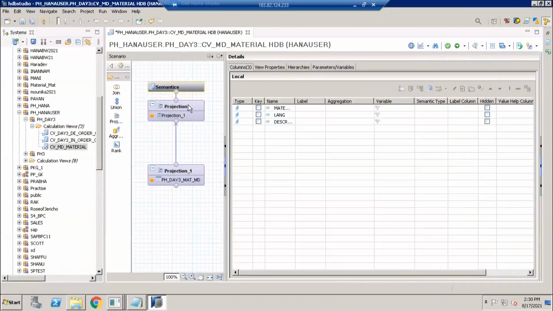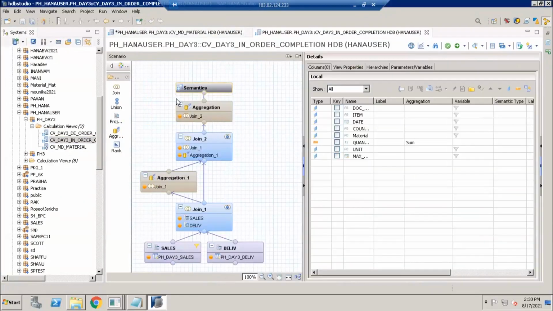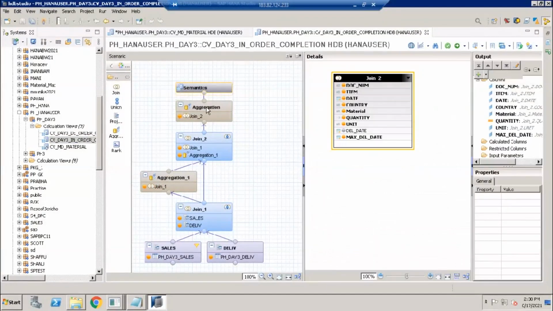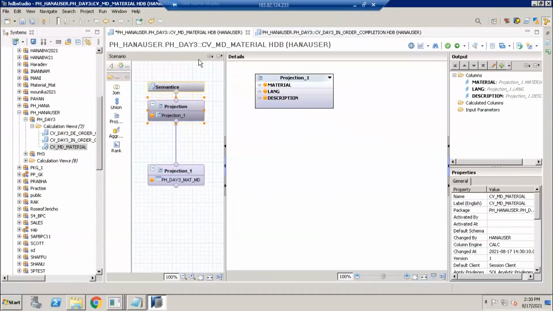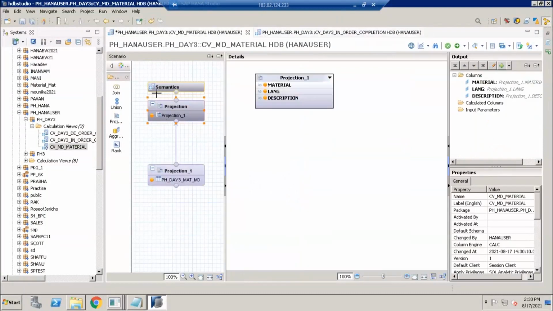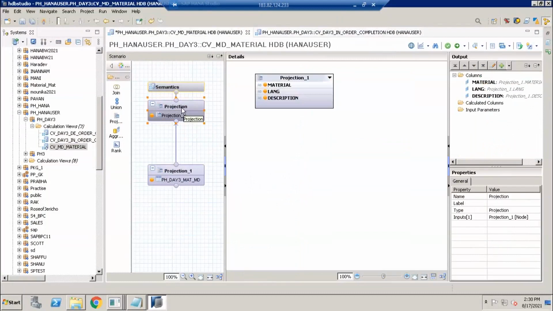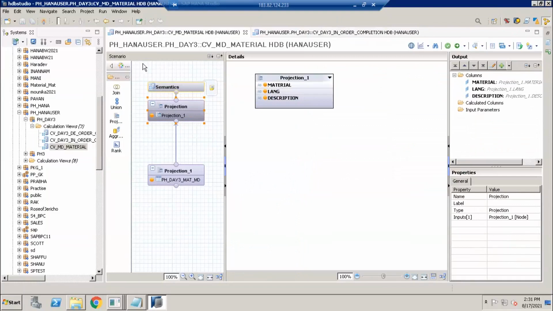If you see the difference between the earlier CV and this CV, below semantics I had an aggregation node, but in this CV below semantics I have a projection node. Aggregation node is to aggregate the data to a result set, but since this is master data where I don't have any key figures, here we have a projection node. Now if I try to activate this calculation view, see, it was activated successfully, and if I do the data preview, I can see the data also.